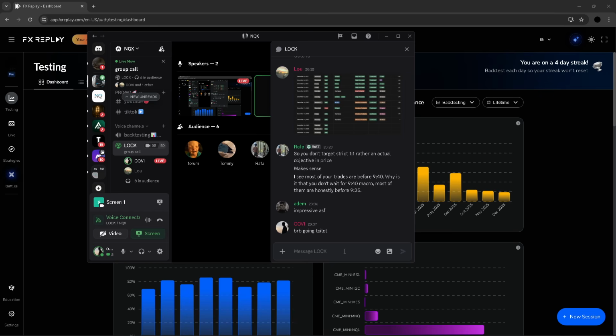Macro is still fine, and I want you guys to trade macro. Macro every single day has an opportunity. Some of our trades in that backtesting session were macro, some of them weren't. Time is obviously a lot in trading, but if you can understand the manipulation and be in and out before whatever, then cool.